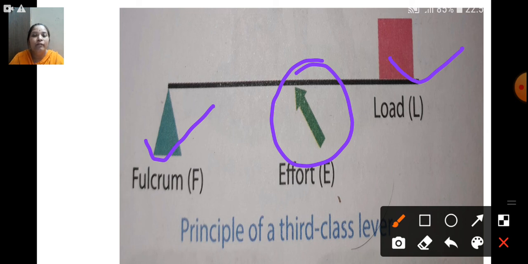You will read whatever we have studied till now in this chapter, and also you will read very properly about lever, about the arrangement of fulcrum, effort and load, and the rest we will study